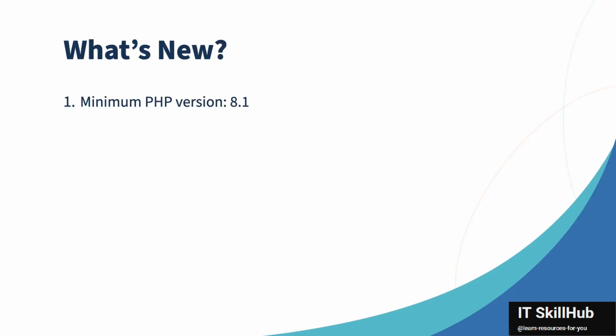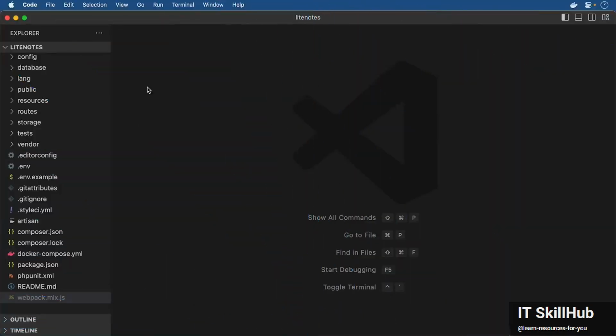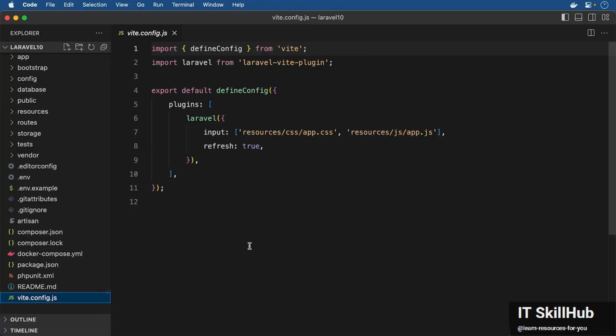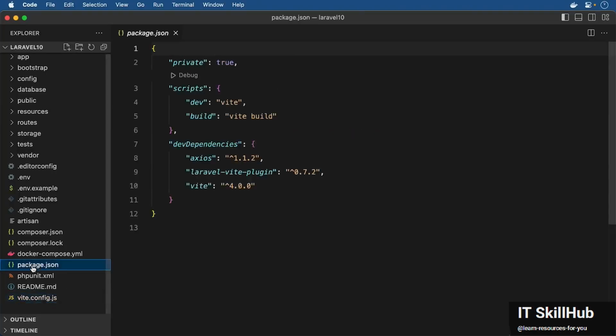One of the major changes in Laravel 10 is the switch from Webpack to Vite. This change actually happened in version 9.19 itself. With Vite, you can expect faster builds and better development experience. So you'll no longer see the webpack.mix.js. Instead, in the new version, we have the Vite configuration. If you're migrating from an earlier version of Laravel, you need to upgrade your package.json file to use Vite instead of Webpack. And so now, you don't have to load your CSS and JS files manually.